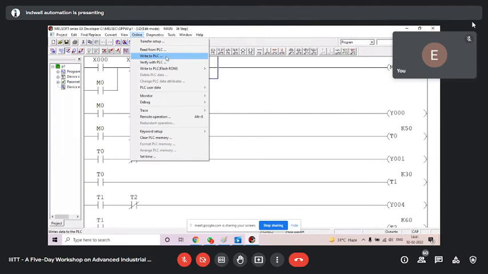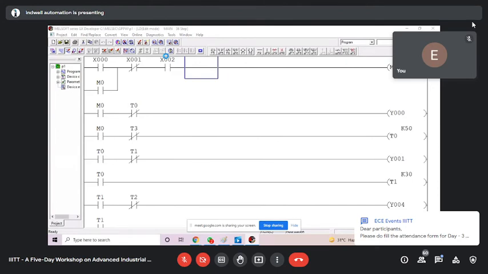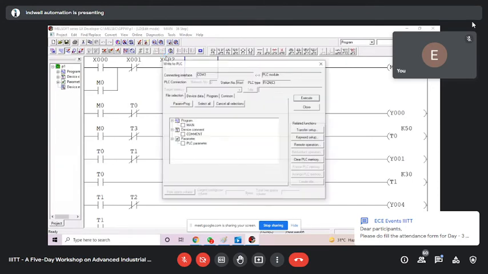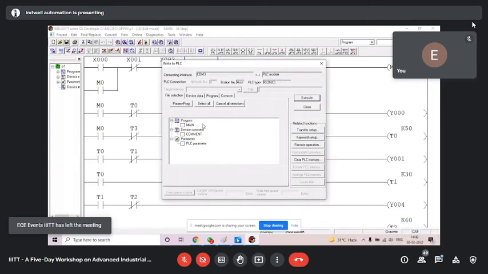As I click, this will come. I have to send the main program and parameter of the PLC. You can select this from here also, program plus parameter. Parameter is not required all the time, but the first time it is better you download. So I have selected program plus parameter.